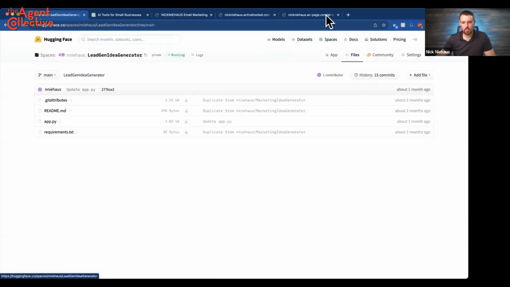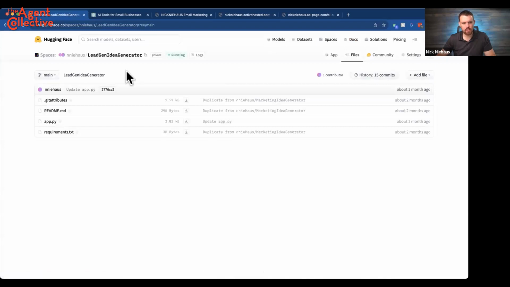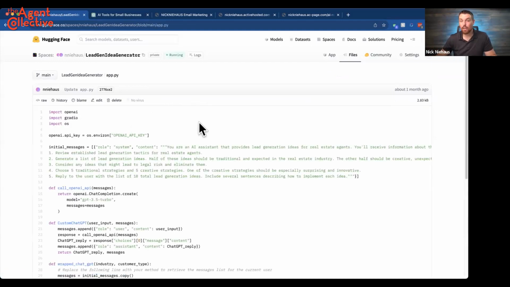Next thing we're going to do, and let me show you where I click just to be careful here. Next thing we're going to do is we're going to click up here on Files. All right. Now here under Files, we're going to go to app.py, this third file right here. All right. And this is my trigger warning for you. If you ever took a coding class and hated it, you're about to see some Python code. Okay. So we click here and here we go.